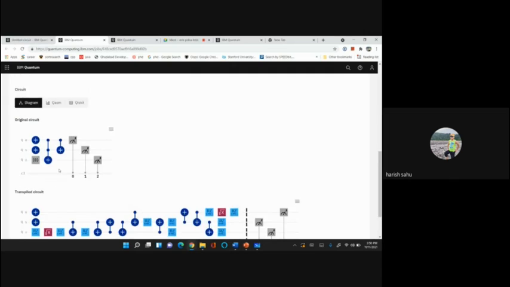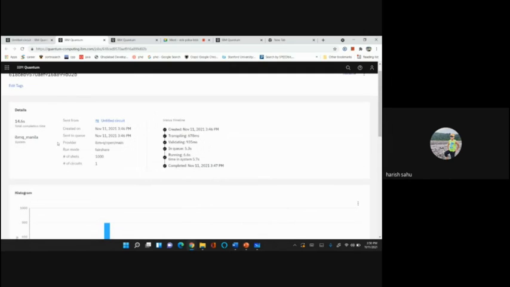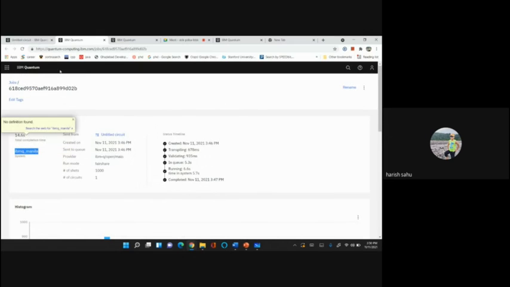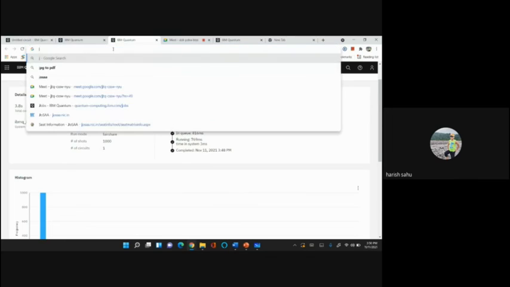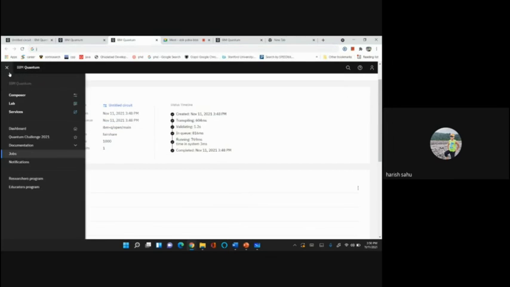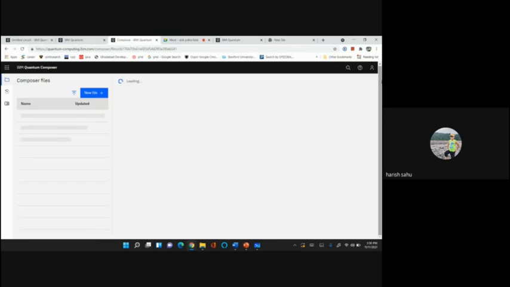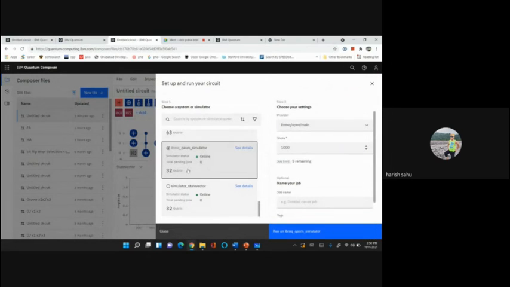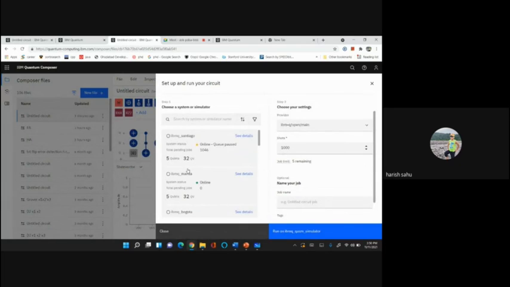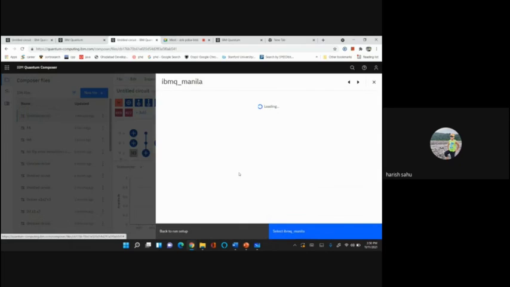What is the computer name? IBM Q Manila. If you see that device specification, let's just see it once. This is the details of this device.